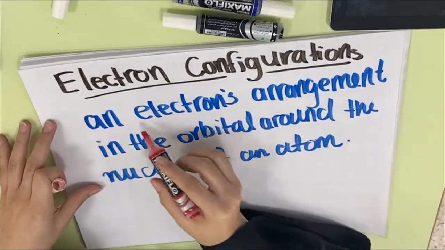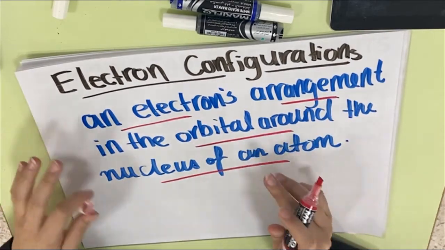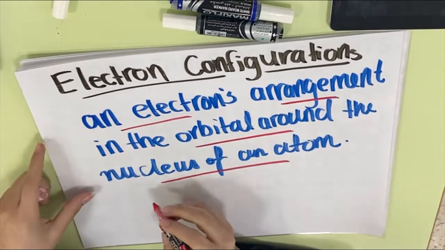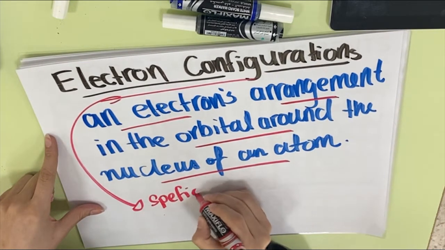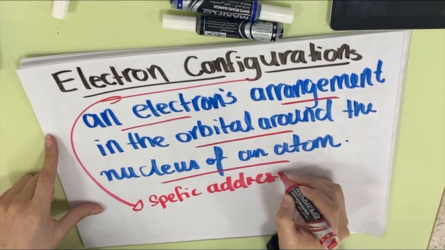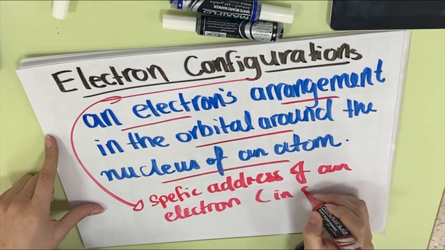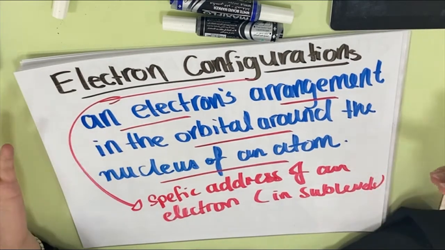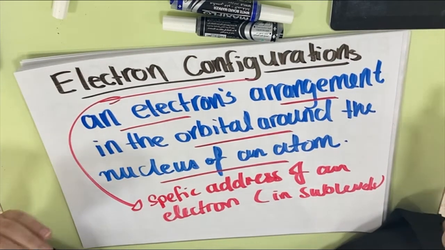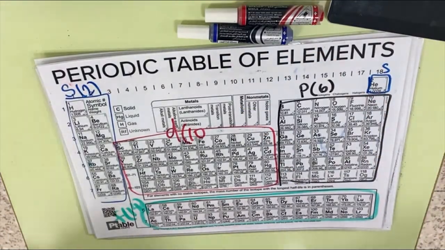Electron configuration is an electron's arrangement in the orbital around the nucleus of an atom. So in simple words, we can say that electron configurations are the specific address of an electron, where in sublevels. Okay? So it's technically an address to tell us where this electron exactly is. So we simply agreed that an electron configuration is the address of an electron in the suborbitals of an